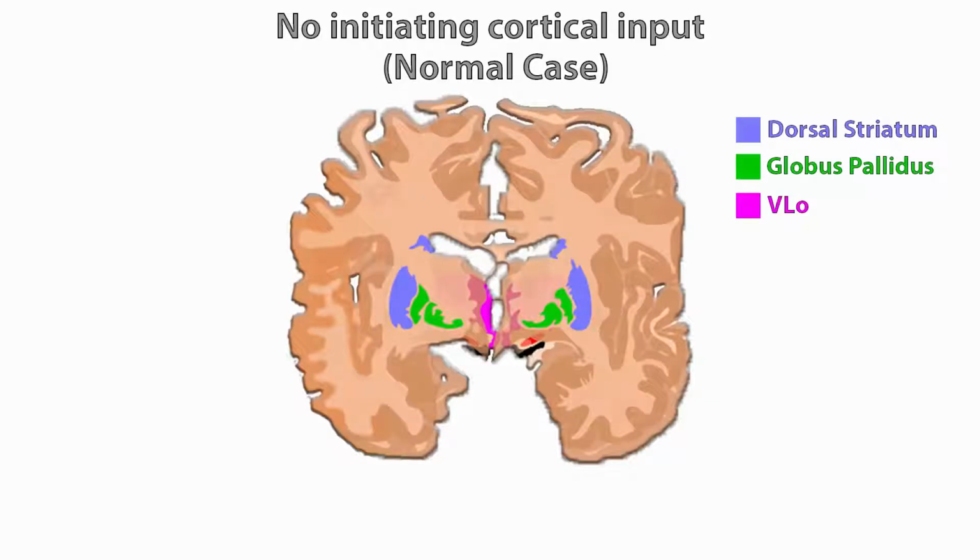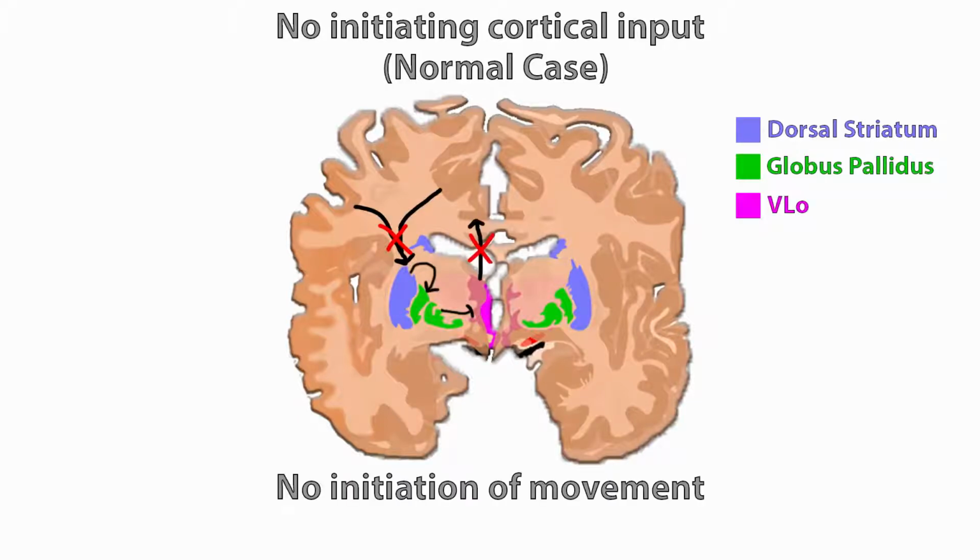With no initiating cortical input coming from the prefrontal cortex, the dorsal striatum tonically, meaning continuously, activates the globus pallidus. The tonic activation of the globus pallidus means it's able to tonically inhibit the VLO. Therefore, there's no signal sent from the VLO to the premotor area, often abbreviated as Brodmann area 6, hence there's